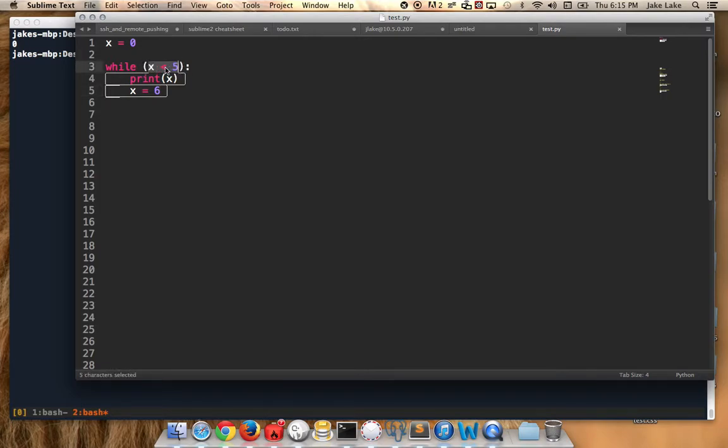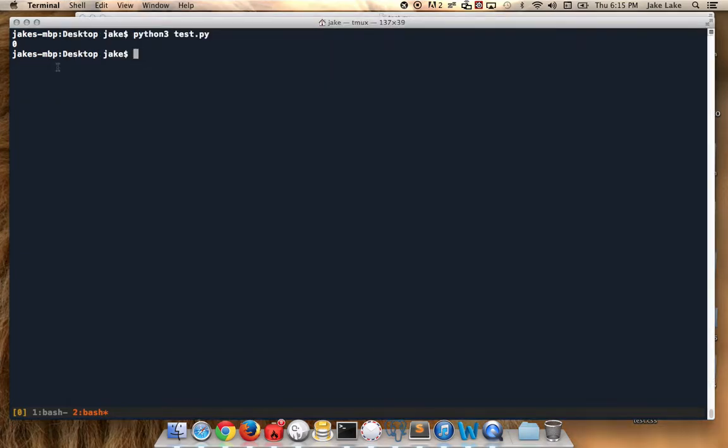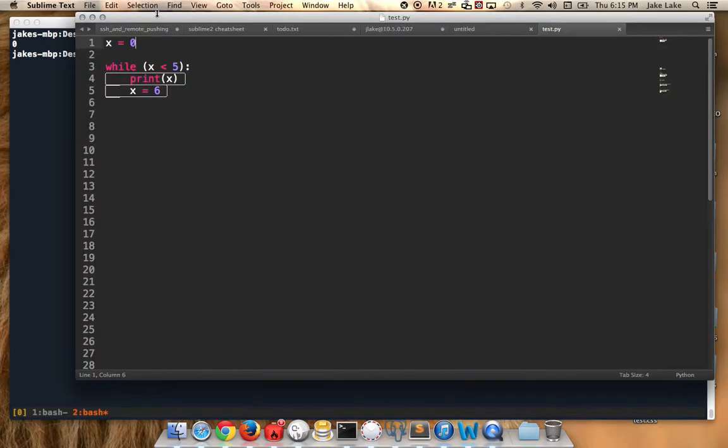Is X less than 5? No, it's not. It's now 6. So don't do this code anymore. So it ran one time. It showed us that it was 0. Well, that's not really very useful. What would be more useful is if we could control